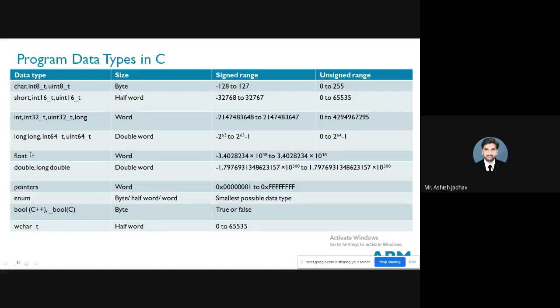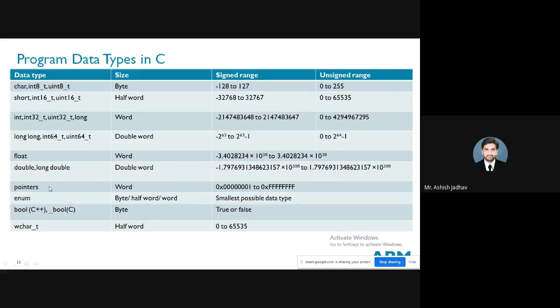Is it clear? Right. So then we have float. Float means word. Right? Word means you know that it's 2 raised to 32. So the signed and unsigned range would be the same as this integer 32. Then we have double. Double means double word, right? So the range would be the same as this long. Then we have pointer. Pointer means its size is word. Word means 2 raised to 32.